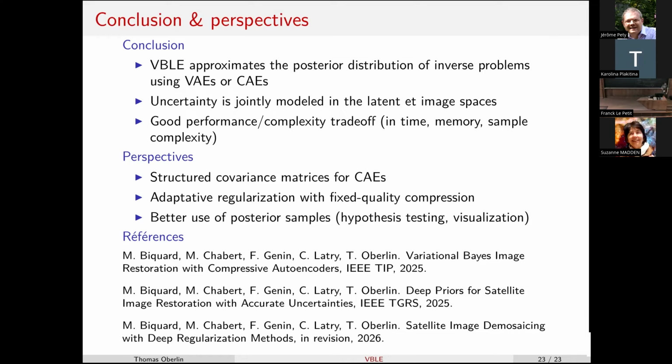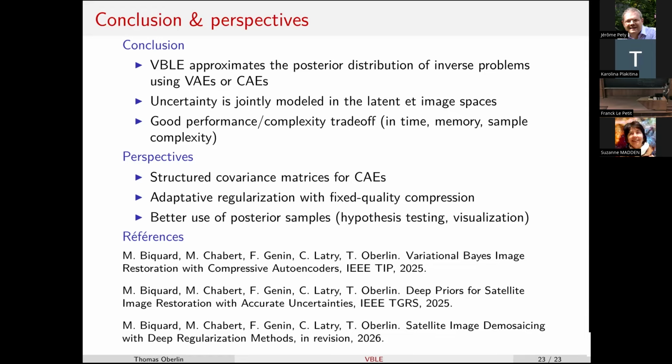So there are a lot of perspectives, but I would say that an interesting one would be to better use the posterior samples, because here we only showed per pixel credibility intervals or error quantiles. And it's really a small part of what we could do with the posterior sampling method in high dimensions, but it's not easy to do. And as far as I know, there is not a huge literature dedicated to this problem, either in image processing or other areas in statistics.